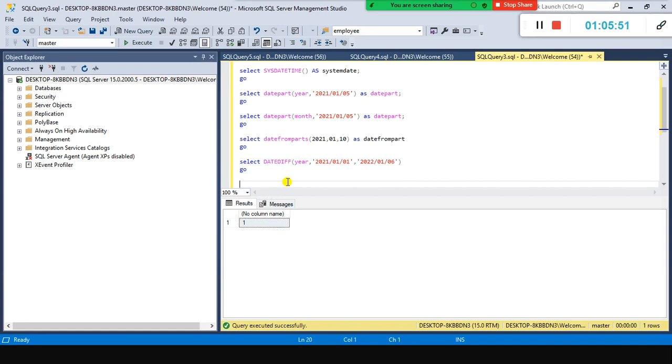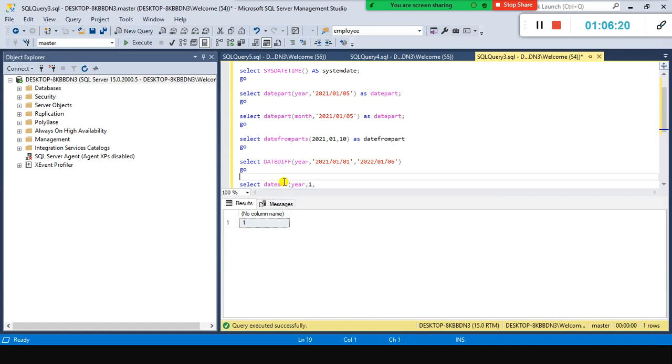And you have something called date add. Supposing you want to add some dates, select date add, and supposing I want to add a year, instead of adding days to my date. So I'm going to add 1 year to a date, and then I want to return the date. Supposing 2021, I want to add 1 year to that, and then return that date.